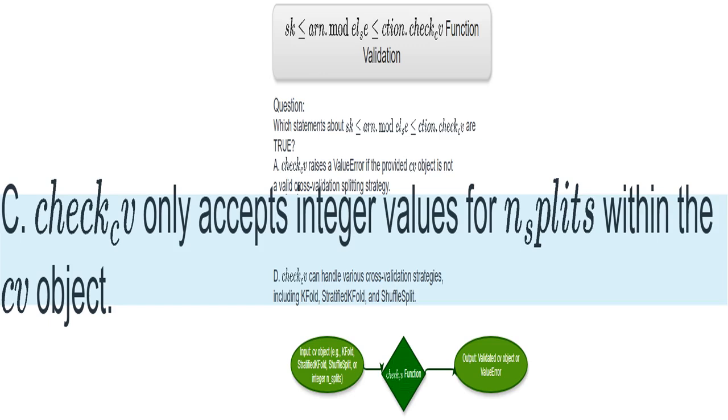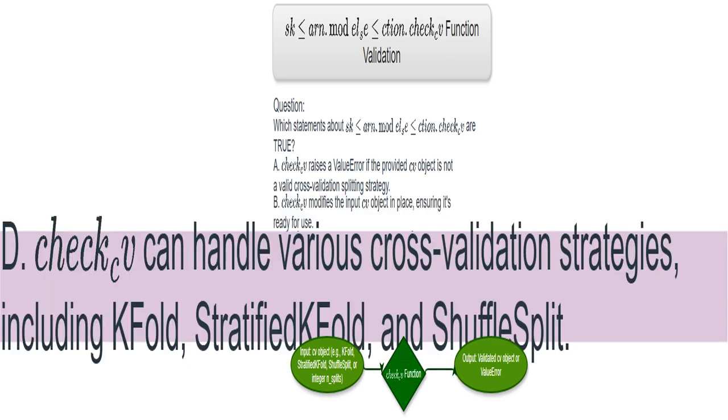Option D describes the flexibility of "check_cv". It suggests that the function can work with various types of cross-validation techniques, including "k-fold", "stratified k-fold", and "shuffle split", which are all different ways to split data for cross-validation. This describes what the